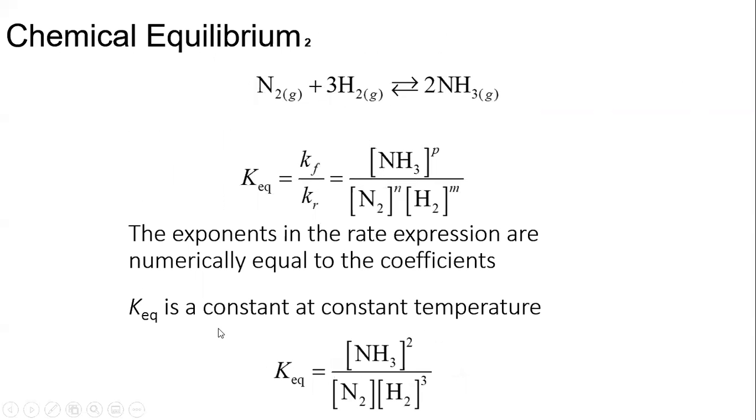Let's see if I have it. Yes. And so when we raise it, we get this as the equilibrium expression. So again, what we do is we take the chemical reaction, since this is homogeneous equilibrium, that means they're all gases. So they're all going to be either all gases or all aqueous. So the products we put on top, the reactants we put on the bottom, and then we raise the reactants and products to the power of the coefficient that's in front of them. So since there's a 2 in front of ammonia, we raise that to the second power. Since there's a 3 in front of hydrogen, we raise it to the third power. And so this is the equilibrium expression